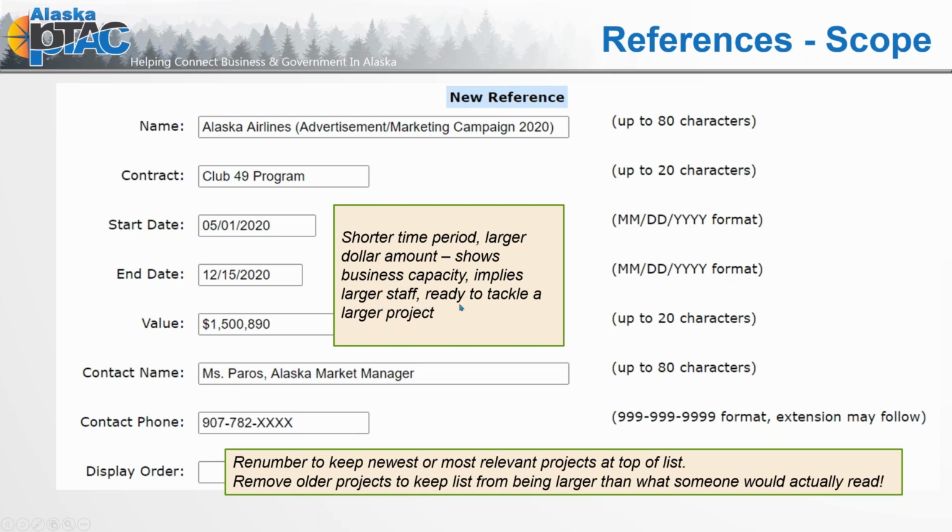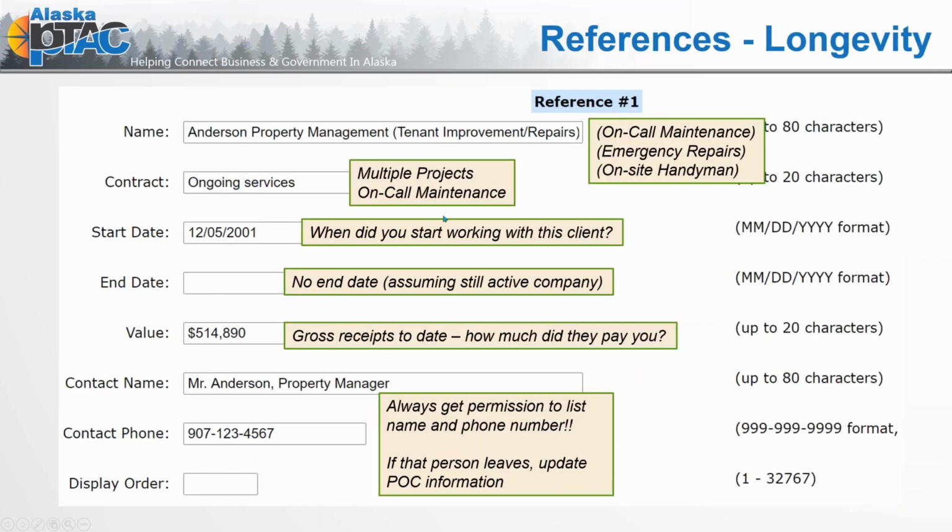It implies that you have that larger staff and that you're ready to tackle larger projects. Now, if I said I'd done $1 million over 12 years, well, maybe done a lot of work, maybe not. But again, that's that difference between longevity and scope. When we're talking scope, I am being much more project specific as opposed to we do a lot of work